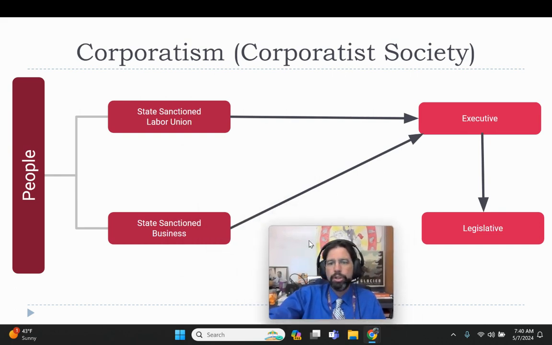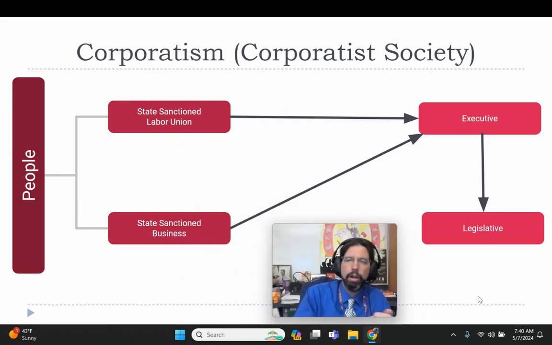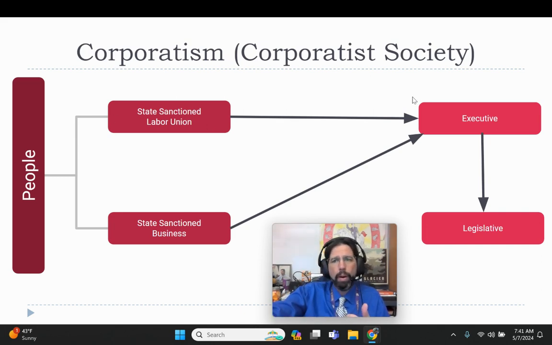So instead of a pluralistic society, in a lot of illiberal or authoritarian regimes, you'll have what's called corporatism. Now, a lot of people see corporatism as a business thing, and it's not really business. Okay, what a government does is it basically puts up a gate in your ability to have direct interactions